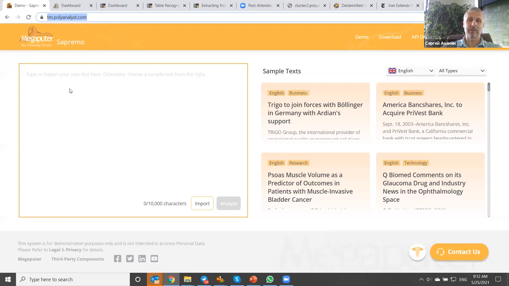Here you can experiment with the analysis of documents in different languages. It supports 16 different languages. The most advanced support will be for English, of course, and for Russian. That's where I'm from, and that's where we have a relatively big customer base as well.